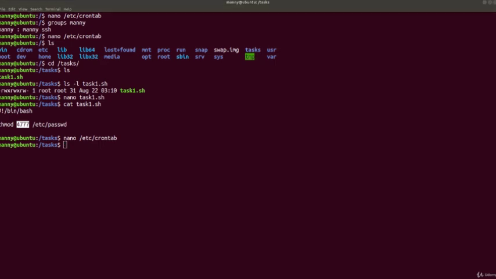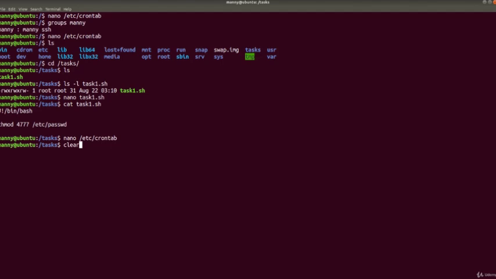So now we have waited a minute. We are not going to get that you got a mail. The root user is the one that's going to get that, because the cron tab and that task is for the root user. So we're not going to see that in Manning. All we have to do is just wait, making sure that you actually wait a minute, and then if we